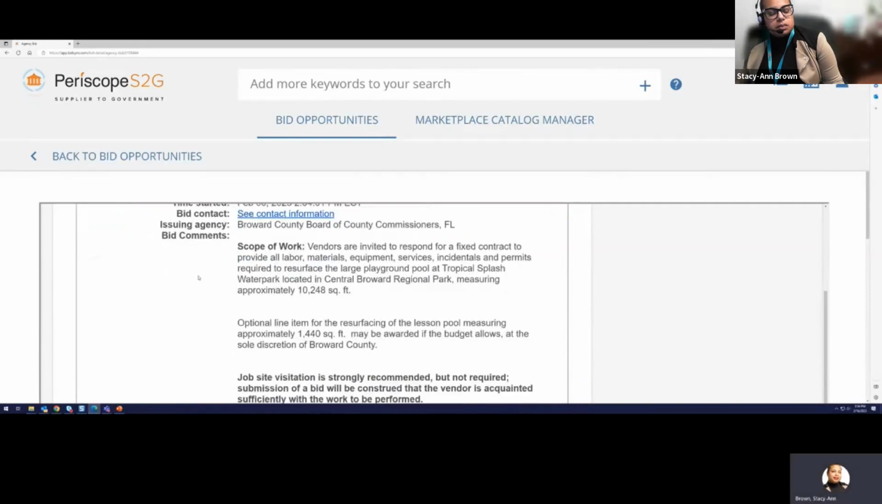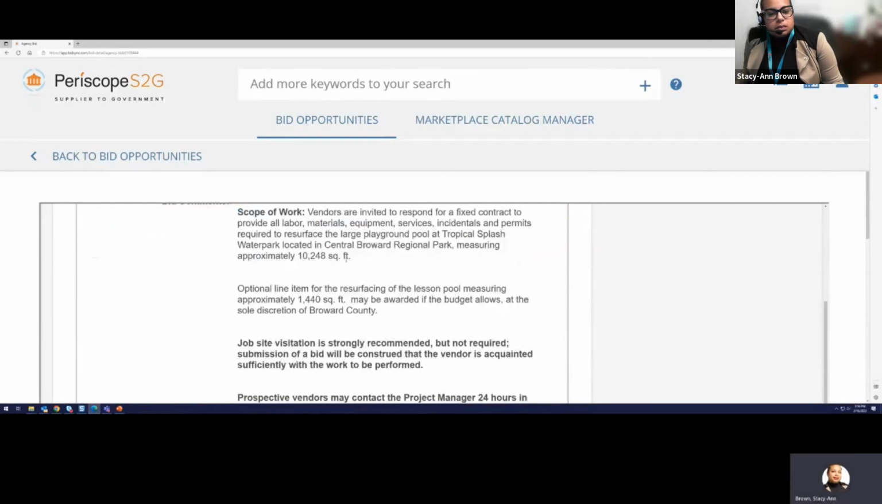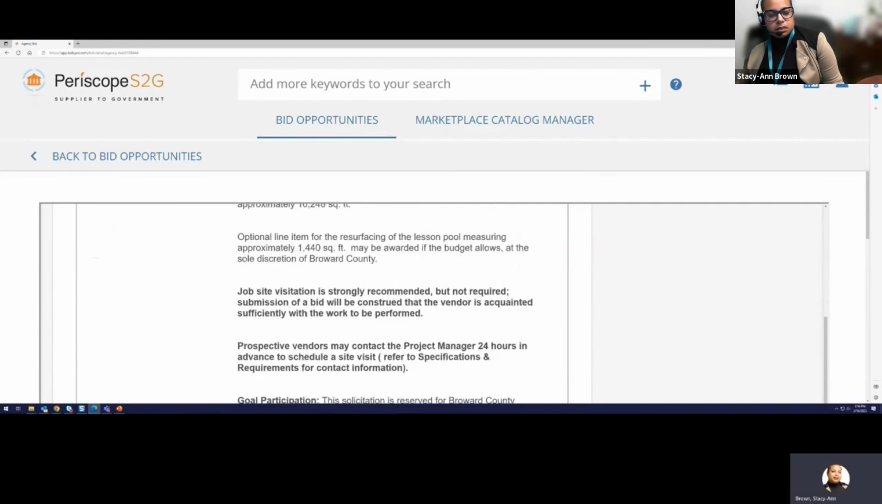Then we'll go into the bid comments. We have the scope of work. The scope of work is a summary of the details of the work that is needed, so you can review it to ensure that you're able to execute the job. For this solicitation, a site visit is strongly recommended for all new bidders. If you are new to the county and a site visitation is available to you, I do recommend that you